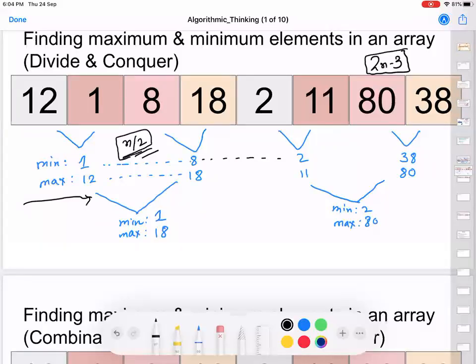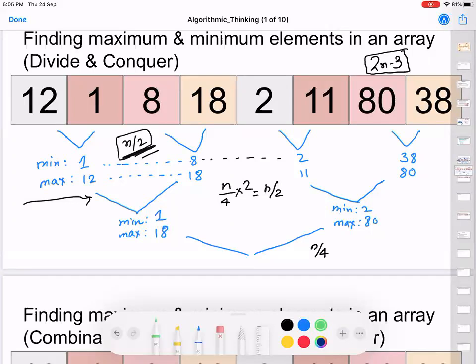How? So I'm having n by 2 elements. If you remember, if I was only finding the max, we were doing n by 4 comparisons here, right? But here we are finding both max and min. So we'll actually be doing n by 4 into 2, which is n by 2 comparisons again at the next step. At the next step, again, you will be doing n by 4 comparisons. At the next step, you will be doing n by 8 comparisons.